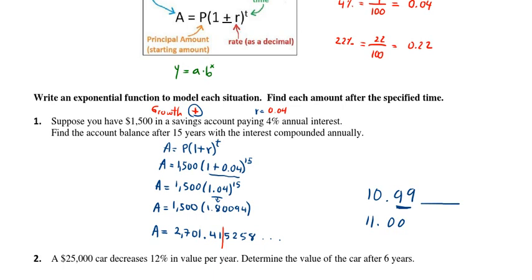We need to pay attention to the following number. If this number is 5 or bigger, we add 1 more to this. If this number is less than 5, we keep the same number. 5 or bigger, add 1 here. This one is a 5, therefore I need to add a 1 here. So this is going to become